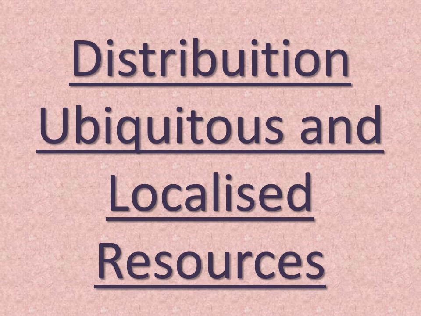Now we'll be going to discuss distribution. On the basis of distribution, ubiquitous and localized resources. What are ubiquitous resources? Resources which are found everywhere. It can be a man-made resource also. It can be a natural resource also. Whatever it is, like air, water, sun, solar energy. Not electrical, because electrical energy is not provided everywhere. It will become a localized resource.